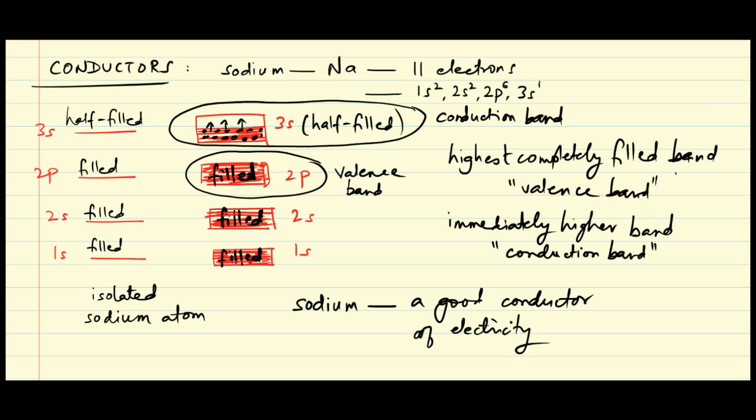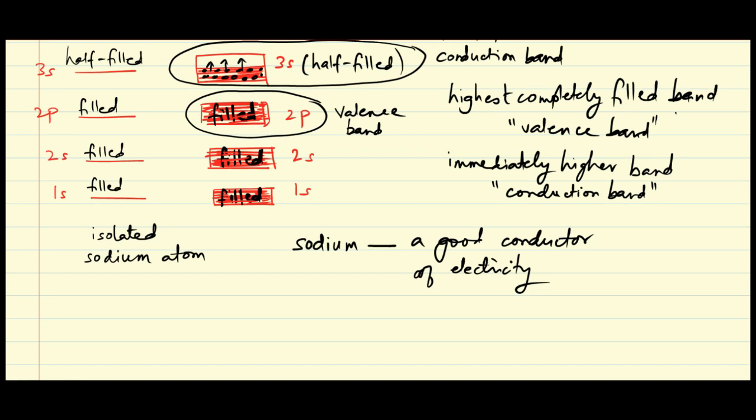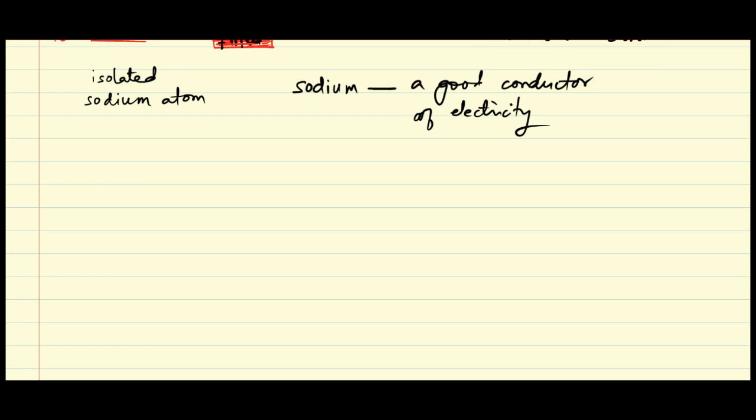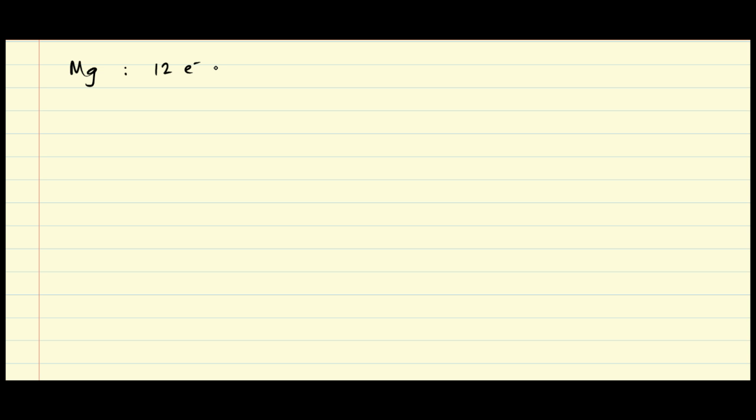Now we come to another way in which a conduction band can be generated, and this happens in some other metals, like for example in magnesium. A single magnesium atom has of course 12 electrons, and so the electronic configuration would be 1s2, 2s2, 2p6, 3s2. And this of course means that the 3s energy level is completely filled